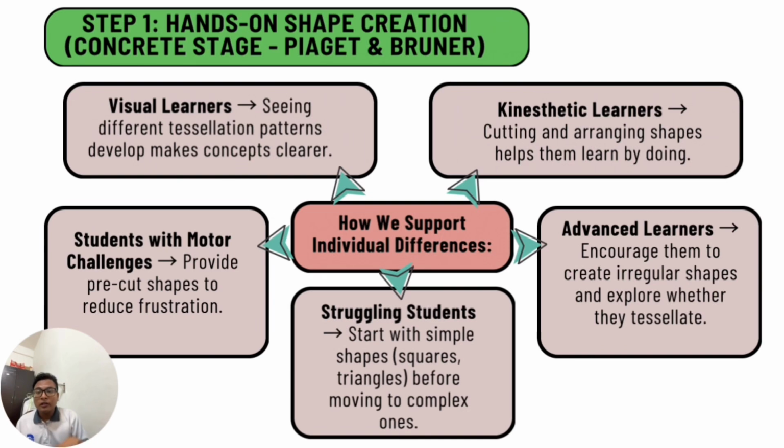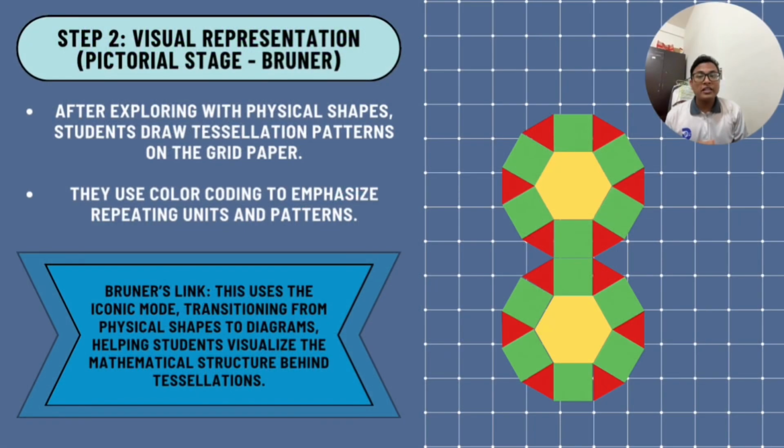And the last one is students with motor challenges. So provide pre-cut shapes to reduce the frustration. The teacher can provide pre-cut shapes, so they just have to make the arrangement of a tessellation perfectly. Alright, next is step 2, which is visual representation, which is the pictorial stage from the